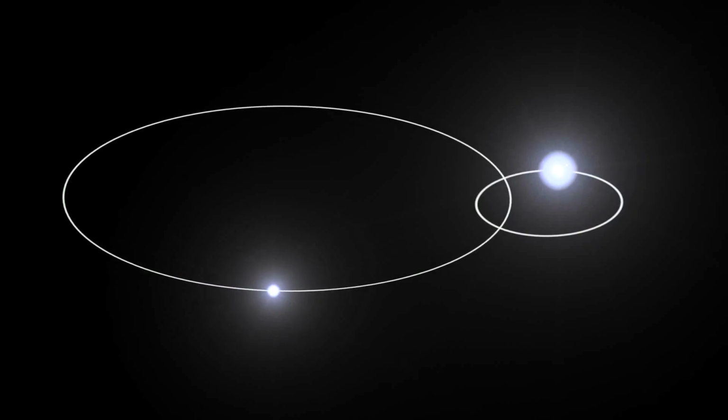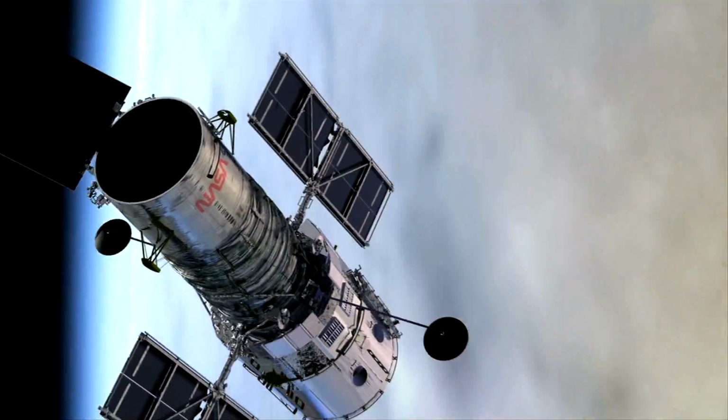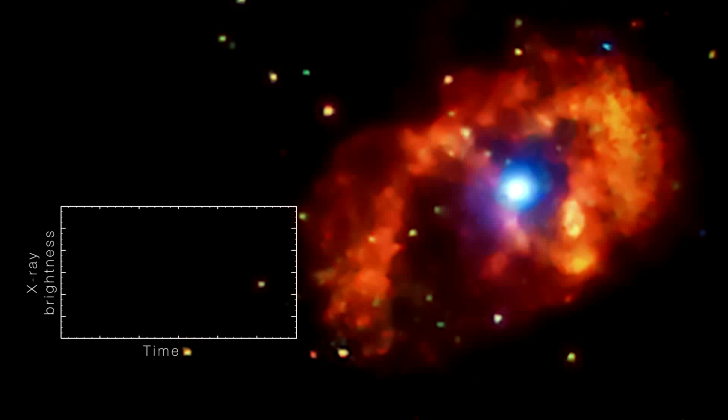Every 5.5 years, when the two stars swing toward closest approach, or periastron, they come about as close to each other as Mars is from the Sun. Eta Carinae's most recent periastron occurred in August 2014, and many of NASA's space-based telescopes, as well as ground-based observatories, looked on. Where the stellar winds collide, temperatures reach hundreds of millions of degrees, hot enough to emit X-rays. But the X-ray emission shuts down near